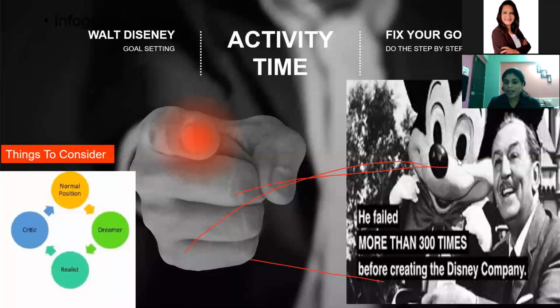So here we are coming back. I'm just explaining the activity first. We'll understand how to do this activity, and then we will actually do it. Now there are three positions we need to change within this. One step to your right is your dreamer stage. One step to your left will be your critic state, and one step ahead to your real position will be your realistic phase. Now, in this particular Walt Disney activity, what do you understand by dreamer, realistic, and critic? So we will just move on.